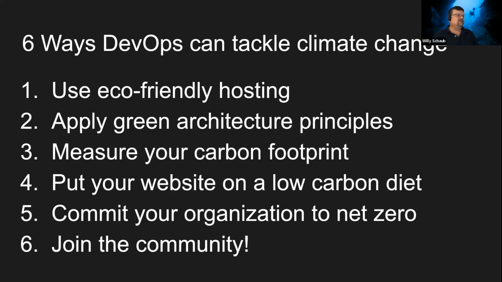What are some of the challenges you have come across going to net zero? It really depends on the size of your organization. The first challenge is being able to calculate your carbon footprint. The carbon footprint of your digital services is going to be a portion, potentially not a particularly large portion, of your organization's overall footprint.